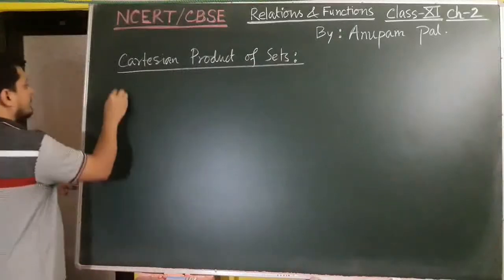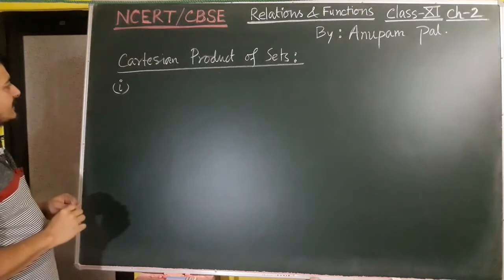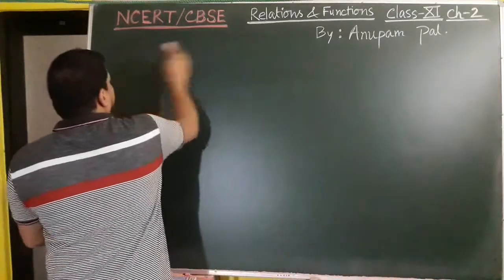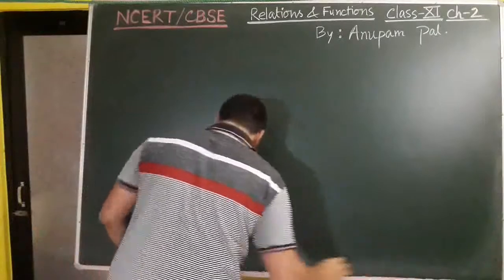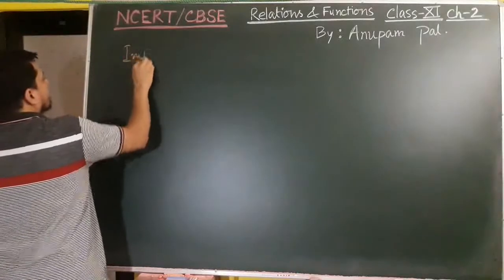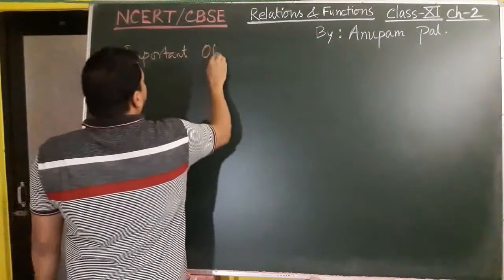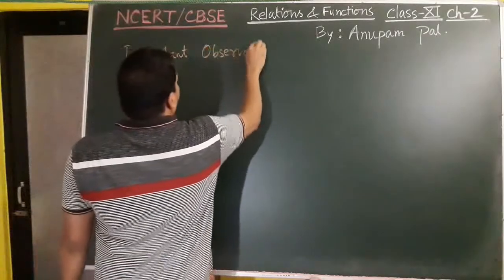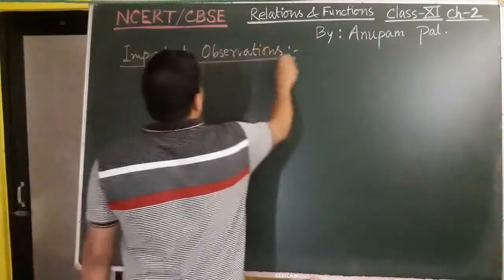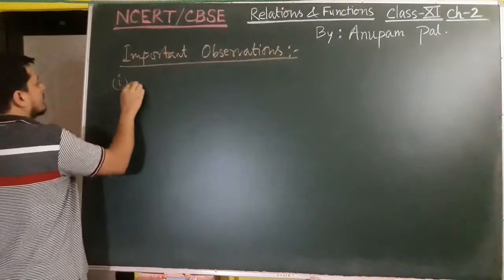So let me write it like this: important observations. Okay, so the first observation is that two ordered pairs